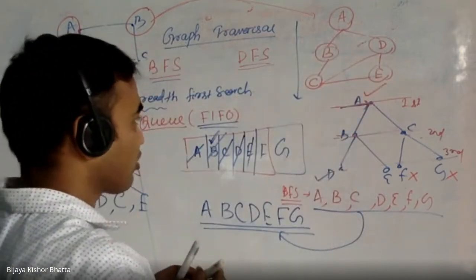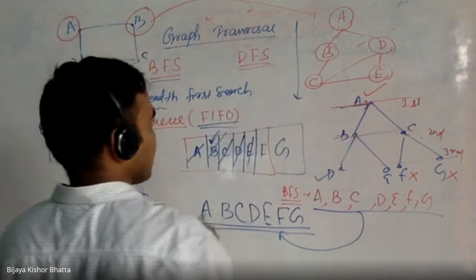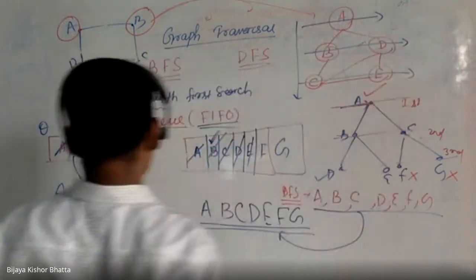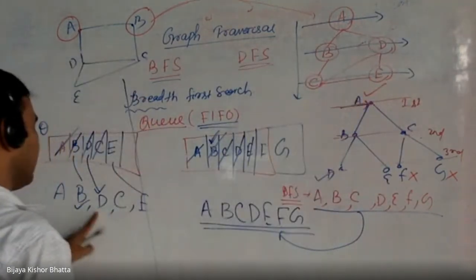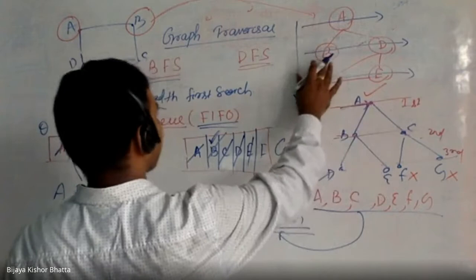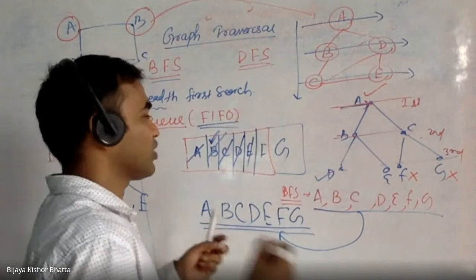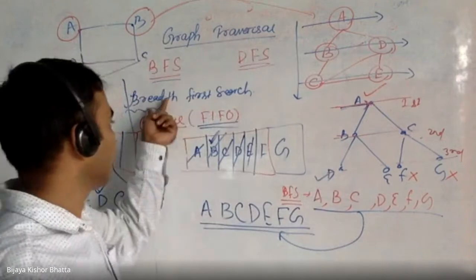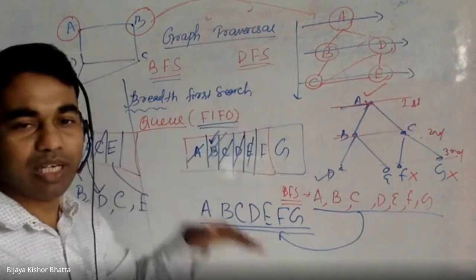Okay, so now since I represented it in this particular format, you can see this has also happened in the same fashion, right? You can process it like this: A you process, then B and D you process, and then C and E. So you are processing it like a tree. The same way it was processed, but the structure looks different. So this is the concept of breadth first search. Its name represents its meaning, that means we are going breadth wise, right? That is the main objective.